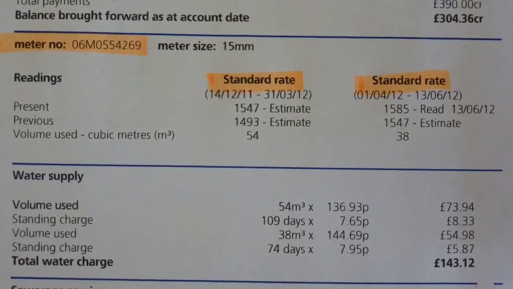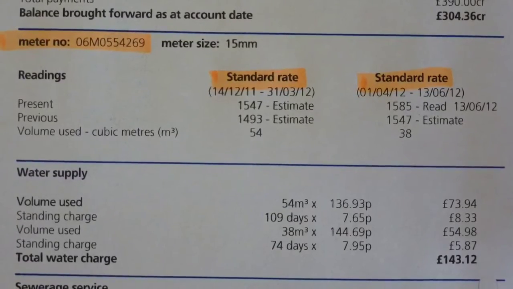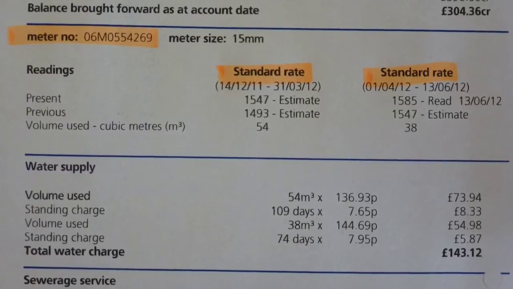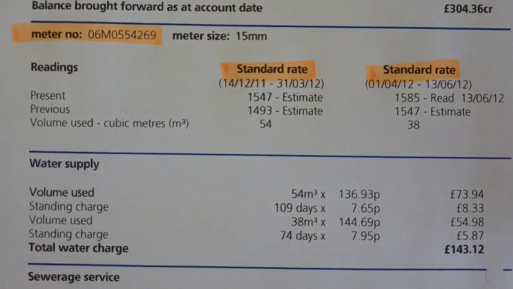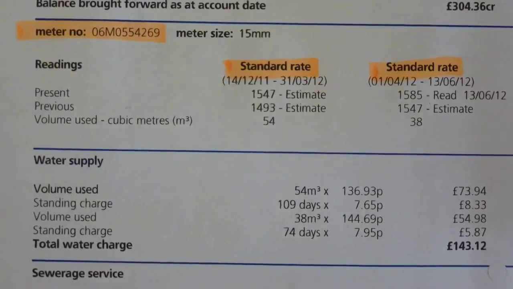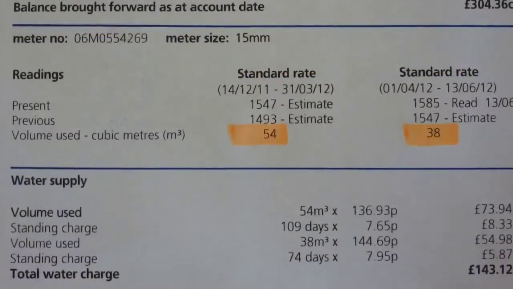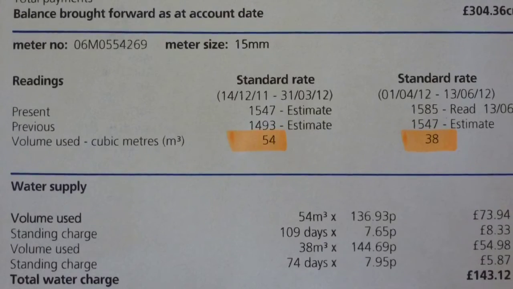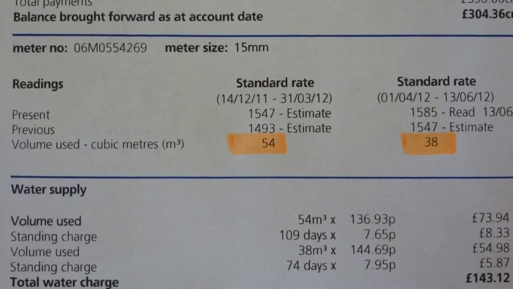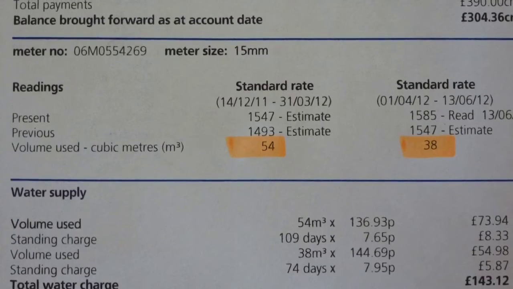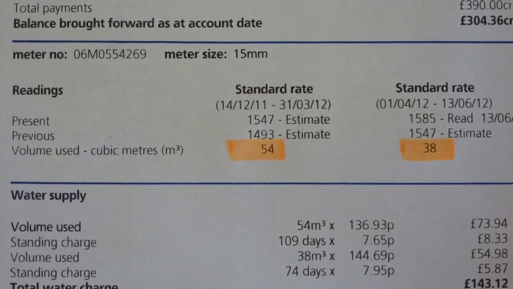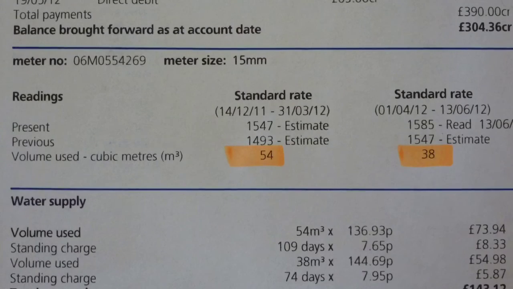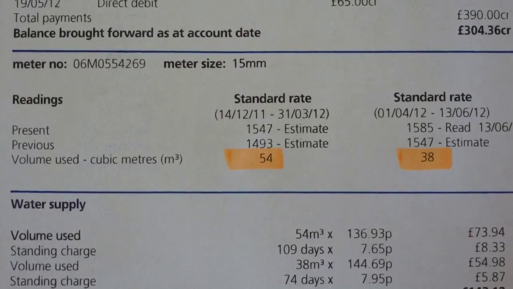Across from readings, we'll tell you what tariff you're being billed on. We offer different tariffs depending on your circumstances and the amount of water that you use. Details of the different tariffs can be found on the Anglian Water website. The next section shows how much water has been used at the property in cubic metres during the bill period. It will state whether the meter has been read or we're using an estimate. If we've estimated your use and you want to provide a reading, you can do this using our freephone number 0800 032